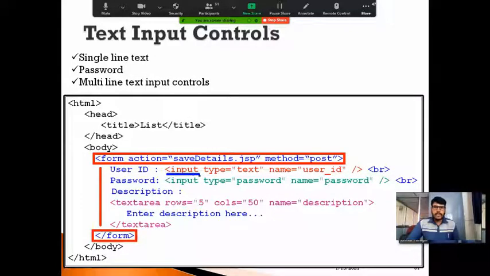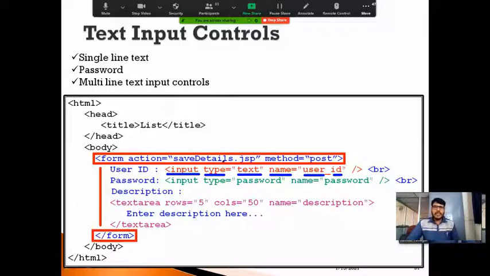Along with the input tag, I can specify the type attribute. And within the type attribute, if I am accepting a single line text, then the value I need to specify is text here. And I can specify a name for this input control box. The name I can specify anything which is suitable for us.